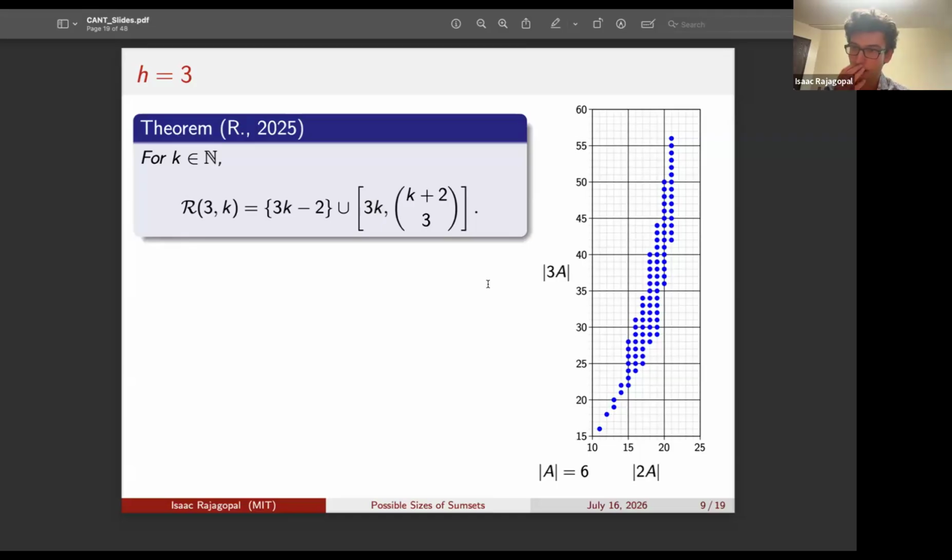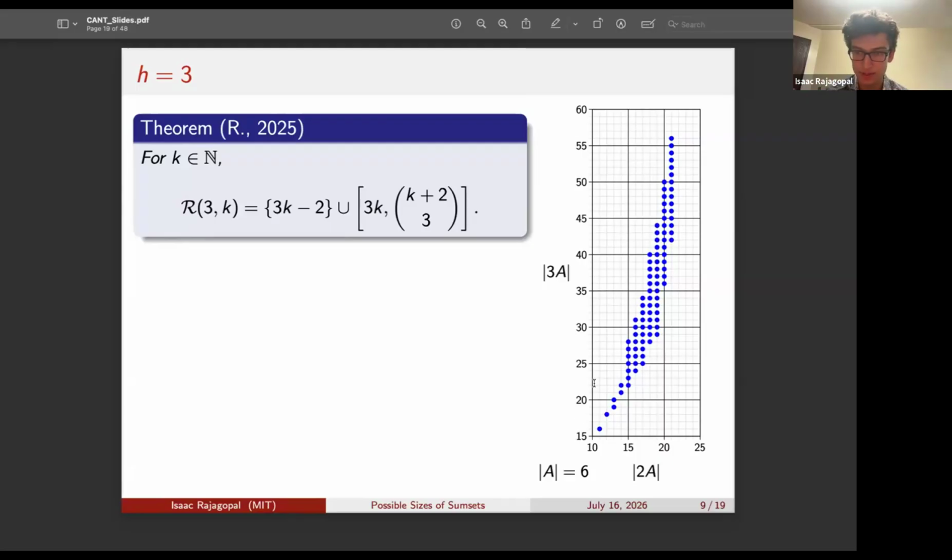And you get a lot of interesting structure going on here. There are different inequalities satisfied like Plünnecke-Ruzsa, but those aren't really that tight. And so it's not clear exactly where all these dots are appearing. But the thing we want to prove is that all of the y values from 18 up to 56 are going to be achieved. We want to prove that R of 3, 6 is everything from 16 to 56 except for 17. And so to prove that all of these y values are achieved,